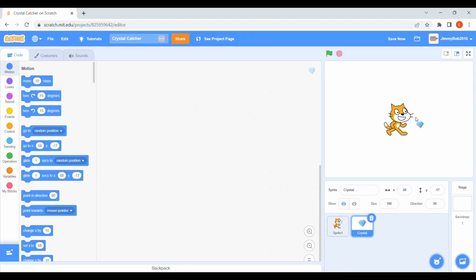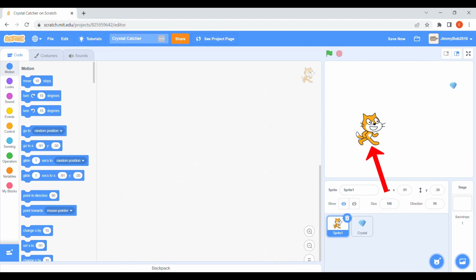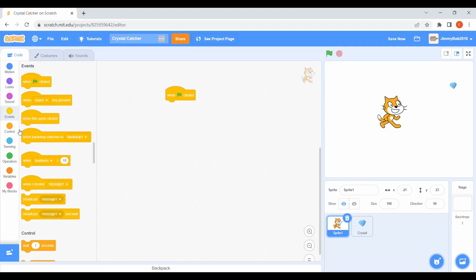Here we go. So now you have your crystal, which you're going to be placing in random positions and then catching. And you have your catcher, which is your cat. So you're going to go around and collecting the random positions. So to start off, you're going to want to click on your cat, your Scratch cat, sprite 1,